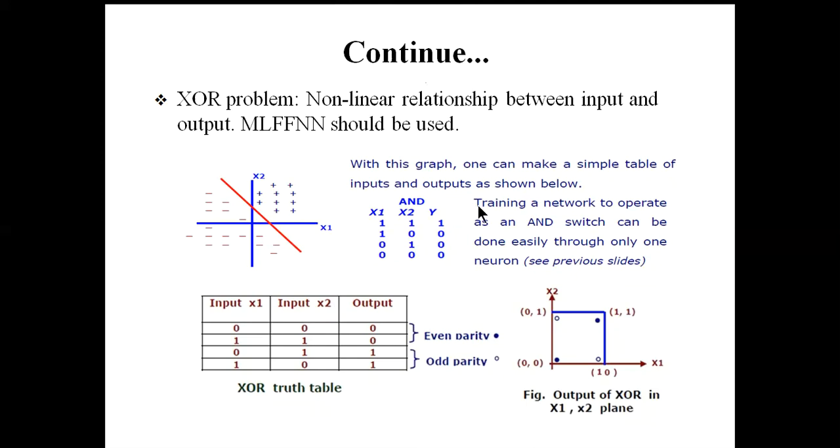Okay. So this is called the XOR problem. Now to model an XOR gate using a neural network, we have to use a multi-layer feed-forward neural network where there is some kind of hidden layer. The purpose of using this type of hidden layer is that it can model the non-linearity